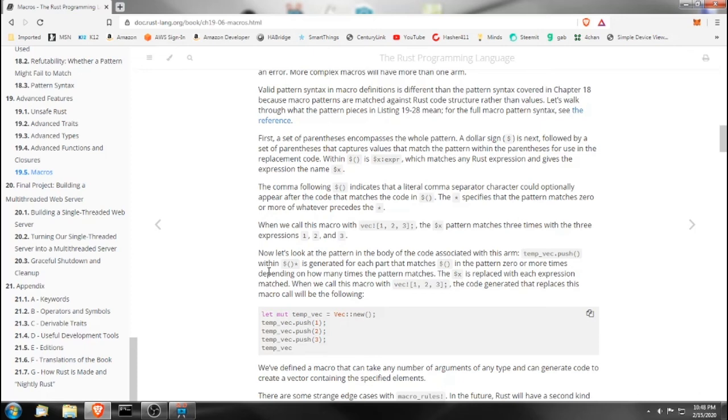First, a set of parentheses encompasses the whole pattern. A $ sign is next, followed by a set of parentheses that captures values that match the pattern within the parentheses for use in the replacement code. Within the $ sign parentheses is the $x